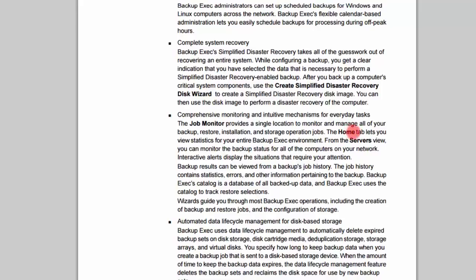So you can see that the Job Monitor is where you're going to pretty much look at everything that Backup Exec is doing and make sure that on a day-to-day basis it's all working properly. Because the last thing you want to do is find out that it hasn't backed up for a week and then you have a crash. So that's just a little bit of overview into